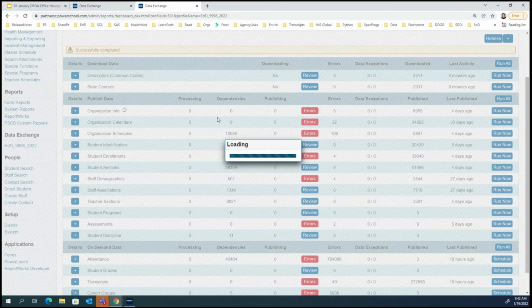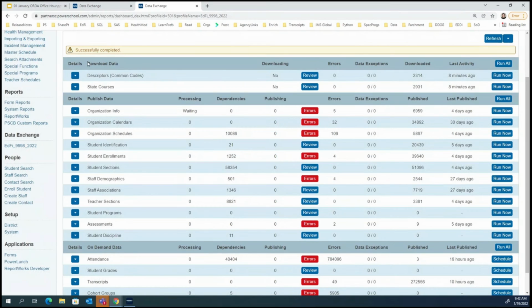And then again, this will take a minute, probably longer than it took the descriptors and the state courses to download. So we won't sit here and watch the pot boil, so to speak, but you can see the processing has changed to waiting, and then eventually you might have something in dependency. My understanding is that if something is stuck in dependencies, maybe there's a checkpoint that PowerSchool has where for whatever reason that data can't continue to be published.